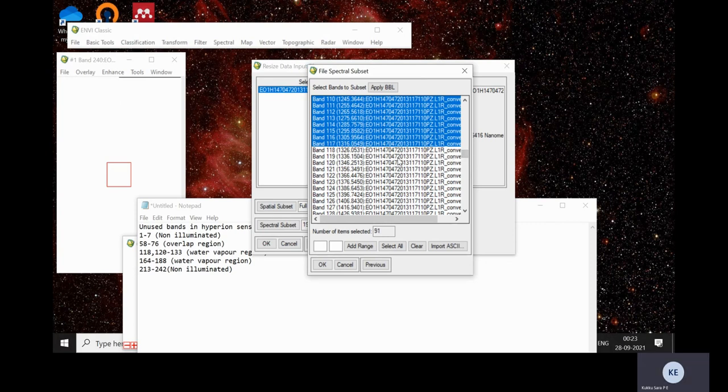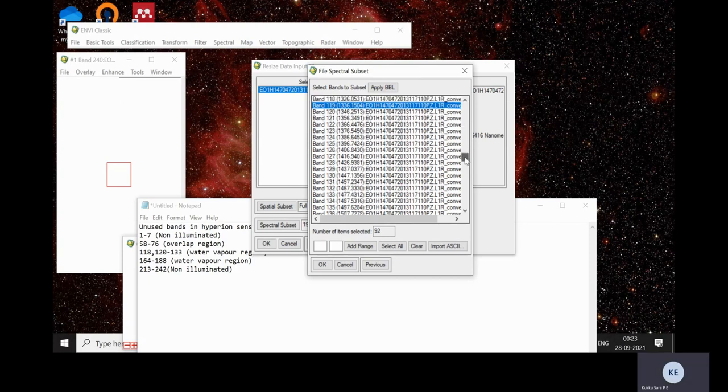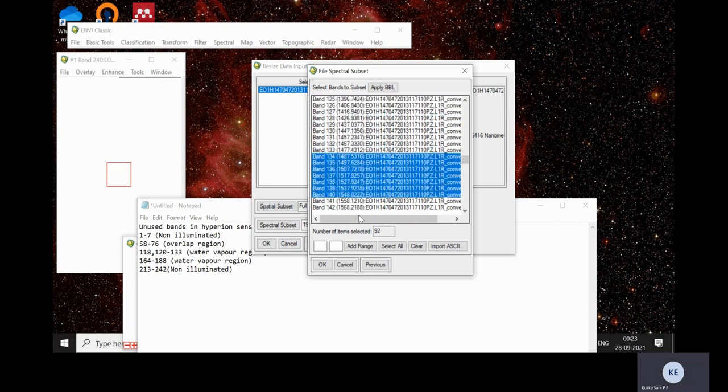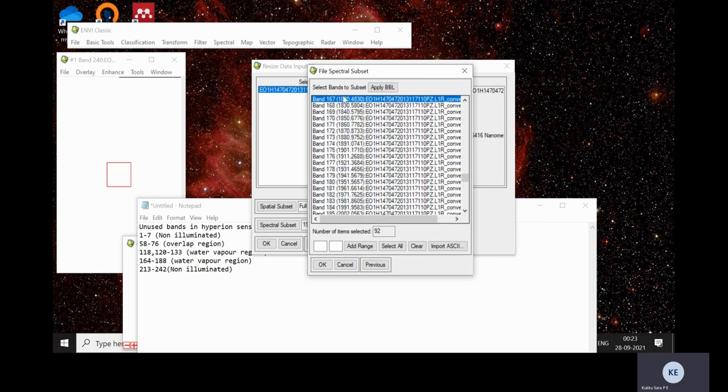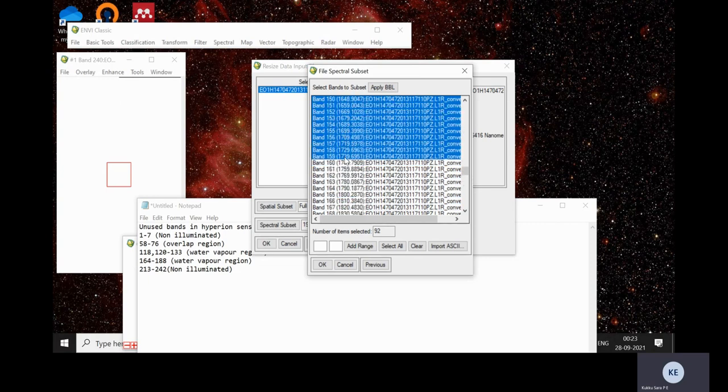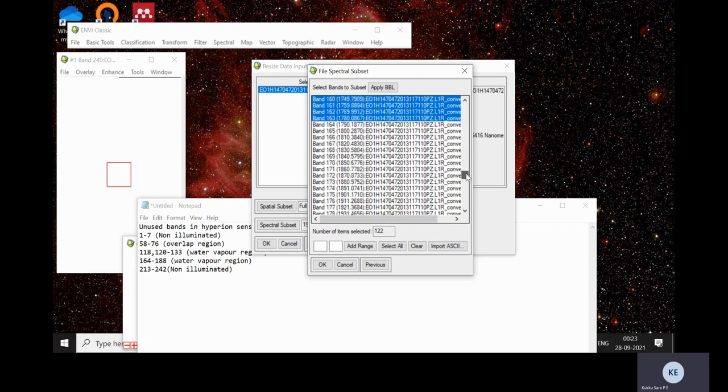Then 119 is also having data. Then 134 to 163 is having data. Then 189 to 212.